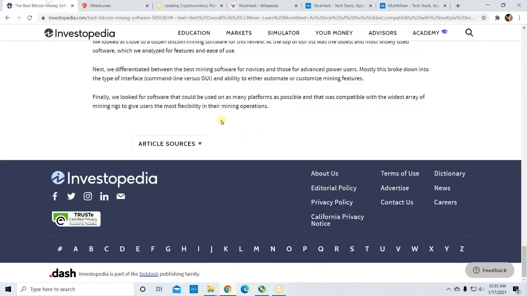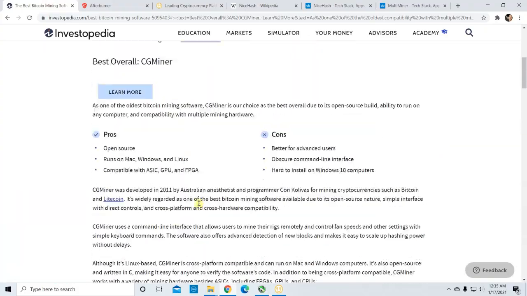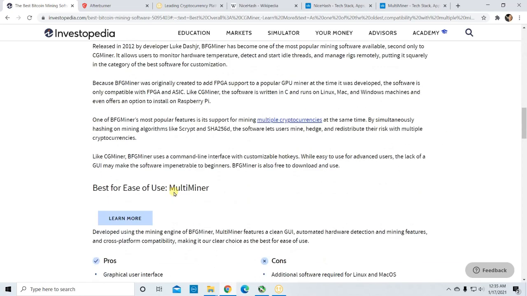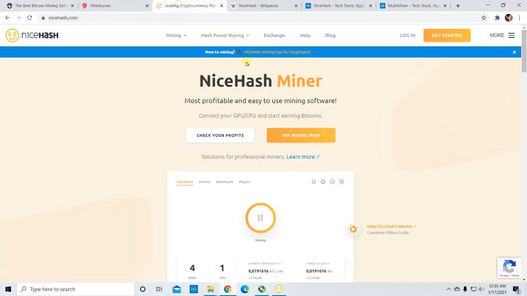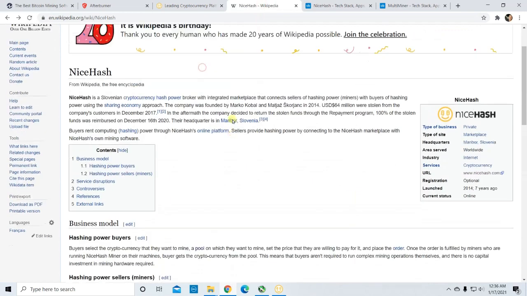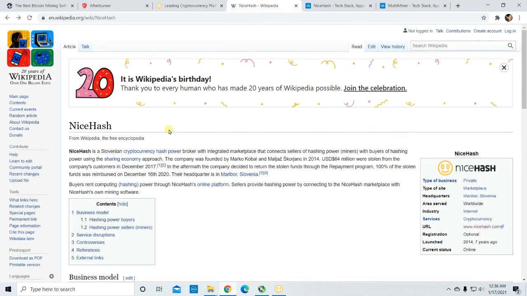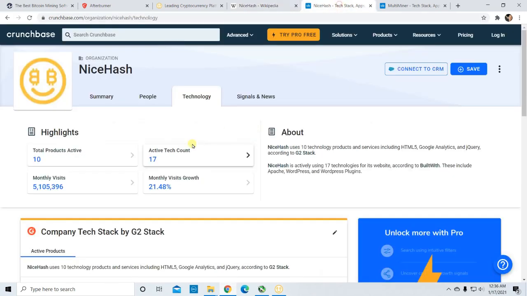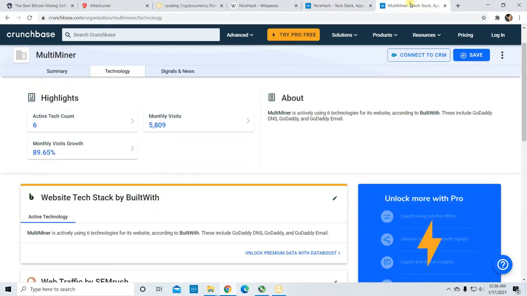Of course, you can try all these other miners and all other miners that you can find online, and I strongly suggest that you do a very good background check on any software that you will install on your computer. For example, NiceHash has a Wikipedia page, and this Wikipedia page explains some of the issues that this company had in the past. Also, my advice is to look at the company background at Crunchbase. Of course, there is another miner which is called Multiminer, and you can also look into Crunchbase and read